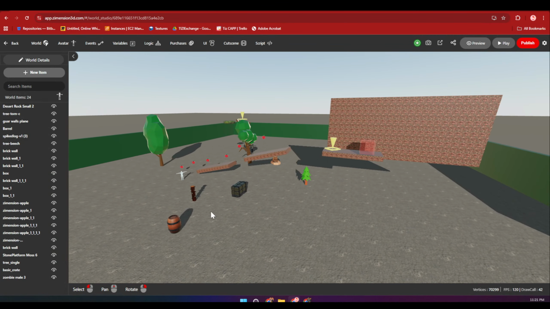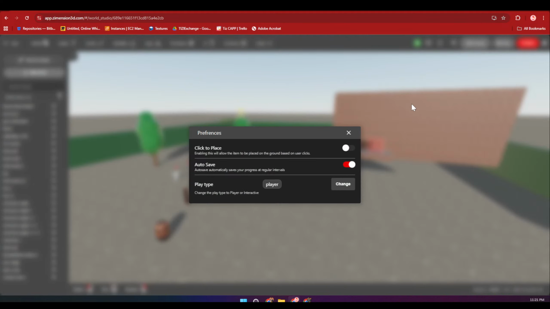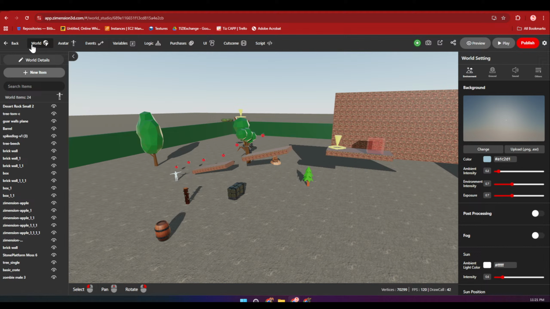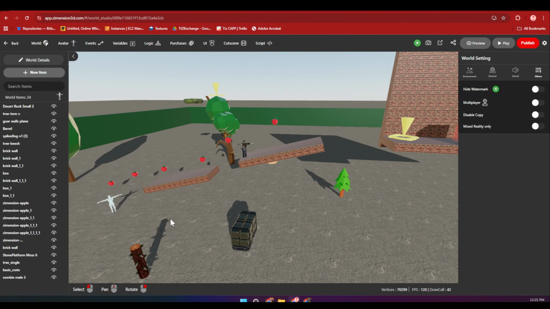Now, to make a game multiplayer, you have to go to world and in the world go to this last option and you can enable multiplayer. This way, whenever every one of you joins, they will be able to play or see different players simultaneously. Also, you'll be able to talk with them live. We're going to do this here, but before that, I'll just showcase some other options because I want everyone to be here.